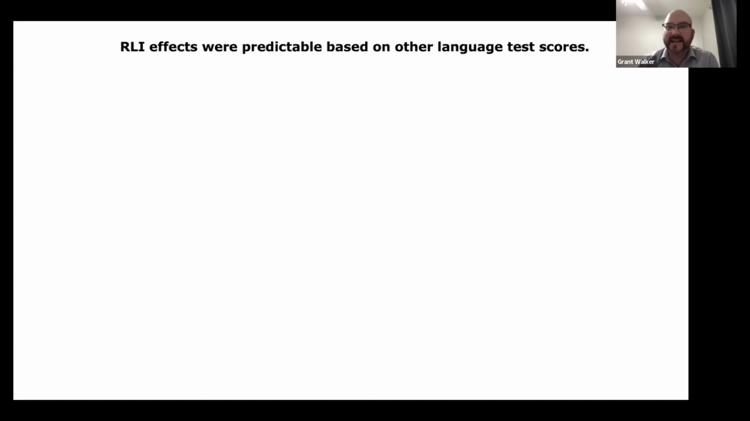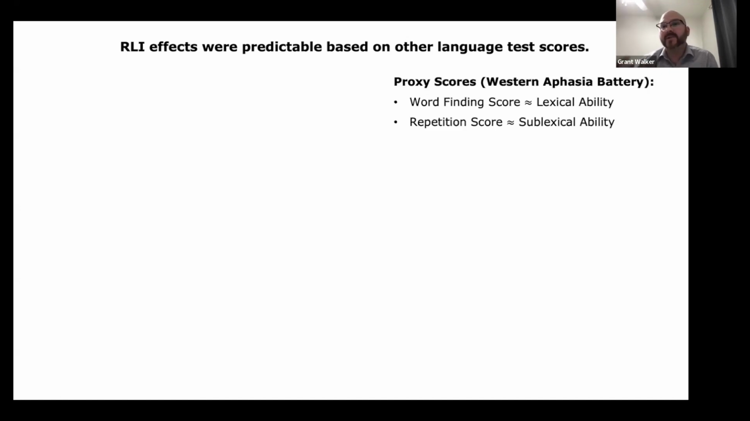We can see these effects in other language test scores, and so these effects are predictable based on other language test scores. We said if this is a real thing, if this is a real part of your aphasia, we should be able to measure other ways of measuring lexical or sublexical ability and find that it relates to the test score. And so we did that using the word finding score to approximate lexical ability and the repetition score